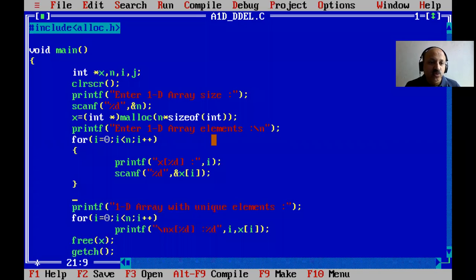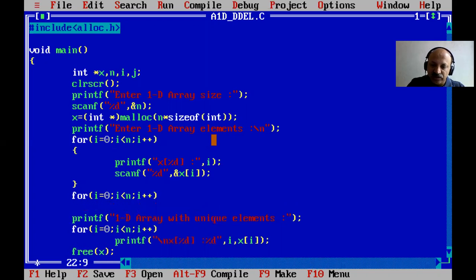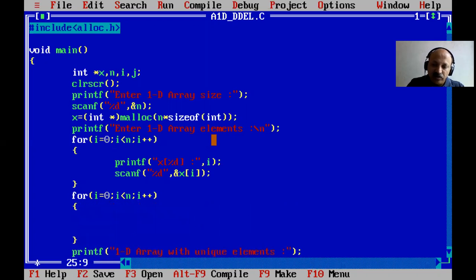So now what to do? So we can scan for duplicate elements at scan time. And now first we can apply the logic. So again, that is two for loops. So i equal to 0, then i less than n and i plus plus. So that is the first loop. And now we can take the next loop.